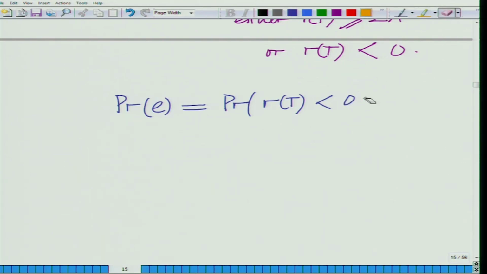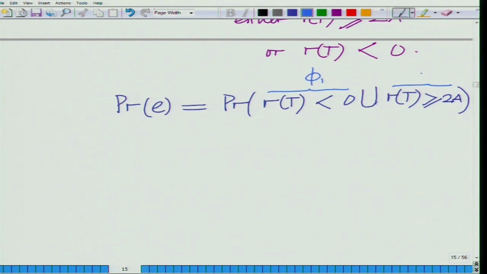Let me write it, be a bit more specific, because this is the union: RT is greater than or equal to 2A. Union, because there is an error in case of either. So, if we call this event phi 1, and this event phi 2, then the probability of error is basically the probability of phi 1 union phi 2, where phi 1 denotes